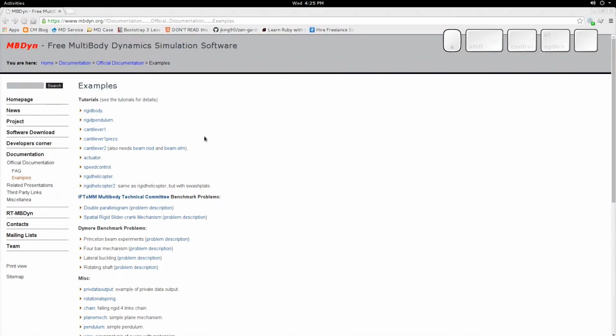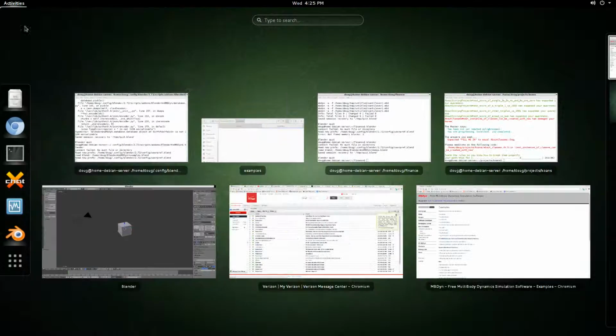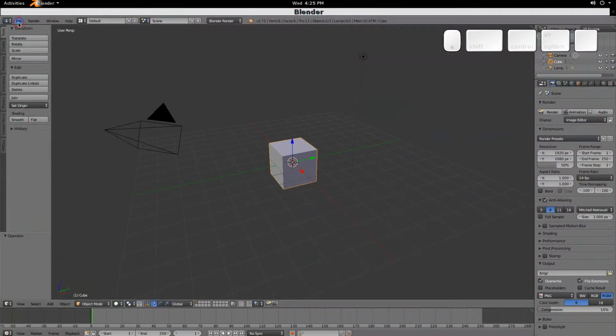Okay, in this video we will demonstrate at an overview level 4 example tutorials from the MBDyn website: rigid body, rigid pendulum, chain, and then cantilever. So the model is in a file